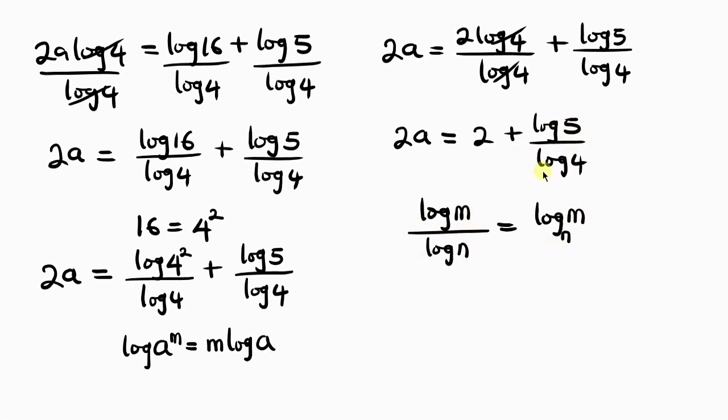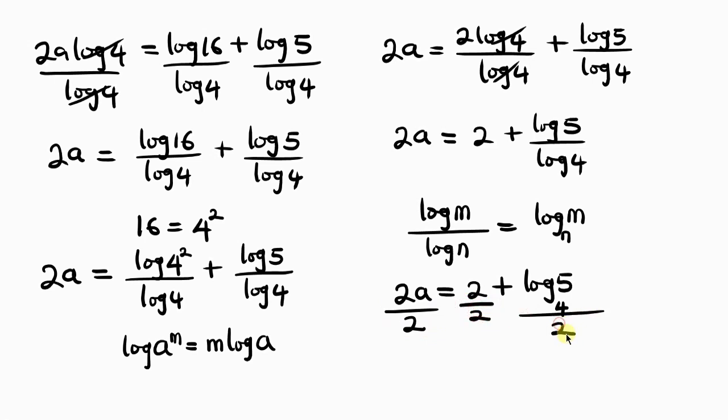So this makes this expression 2a equal to 2 plus log 5 to the base of 4. Now remember, we're looking for a, and in order to get a, we have to divide through by 2. So I'll divide what I have here by 2, I'll divide this by 2, and I'll divide this by 2. So that 2 cancels 2, we have a equal to 2 divided by 2, we have 1,